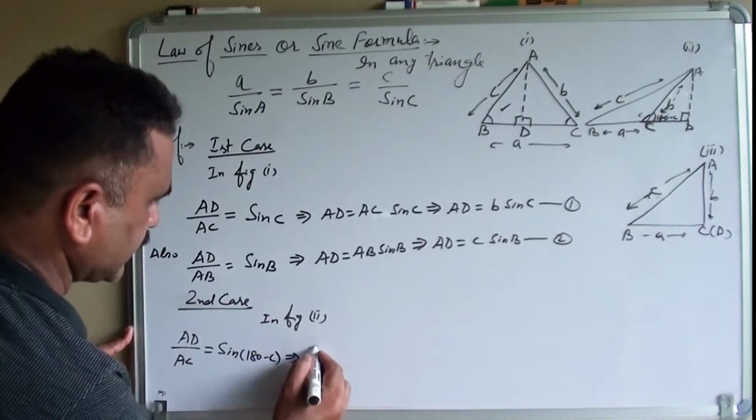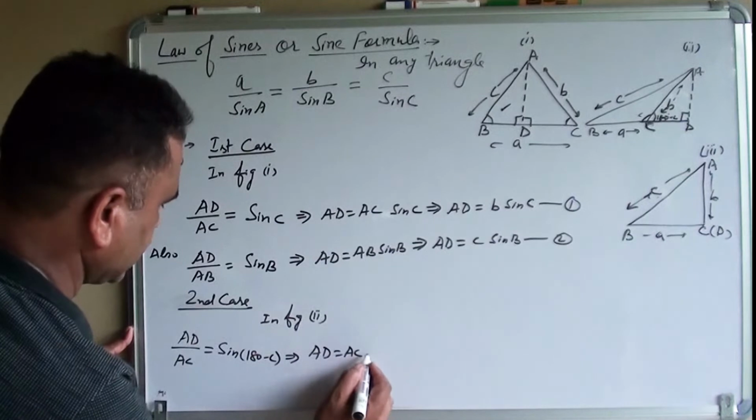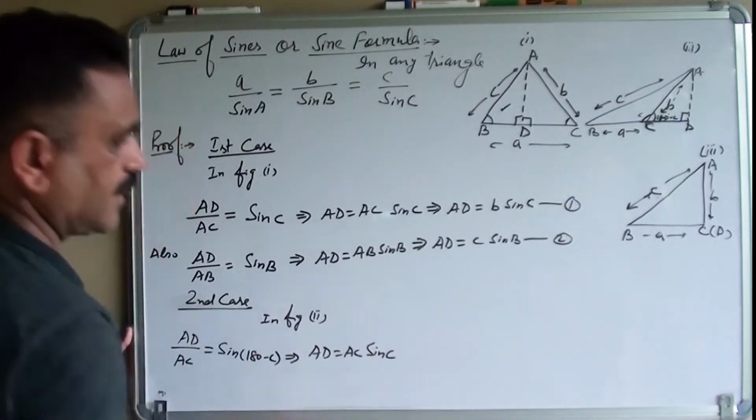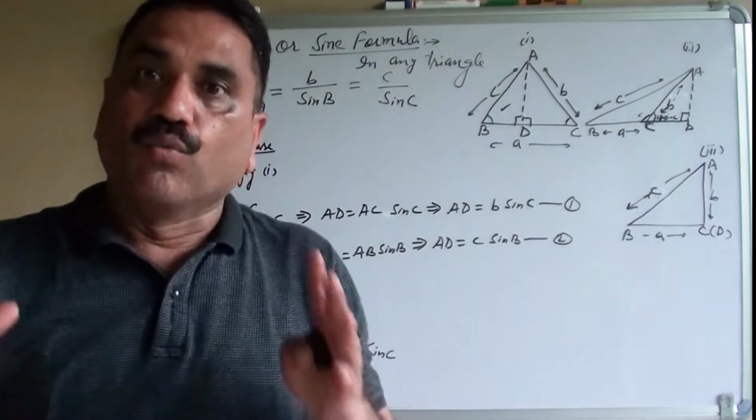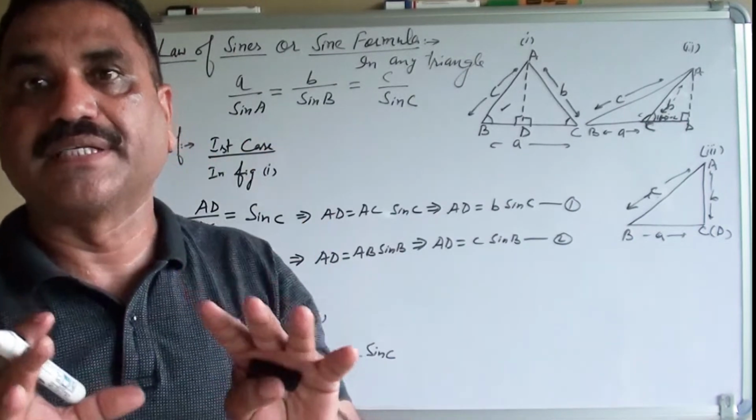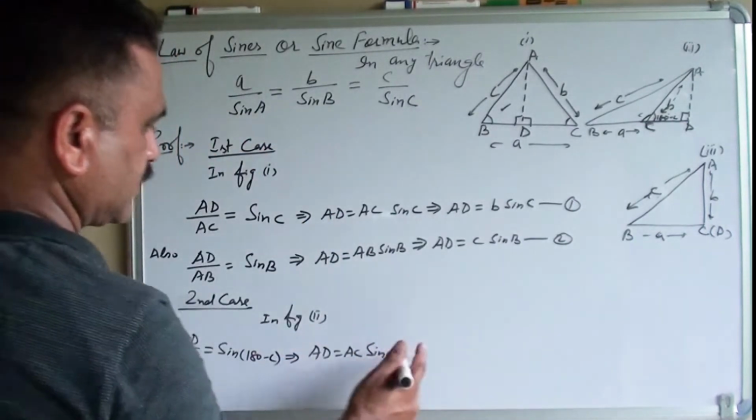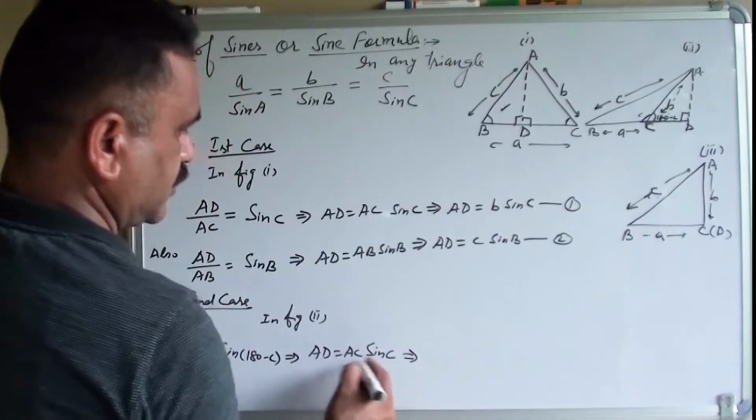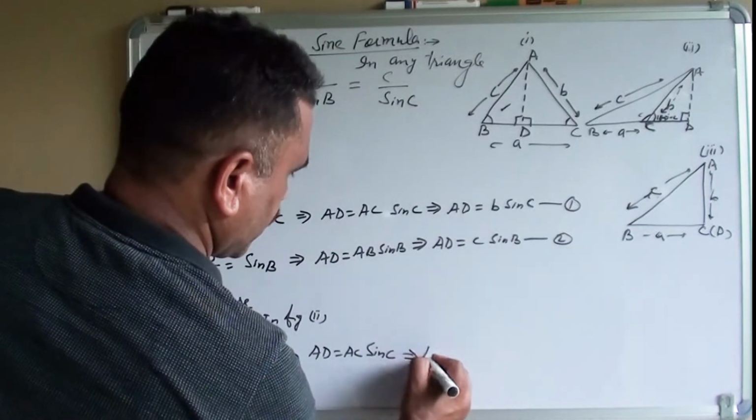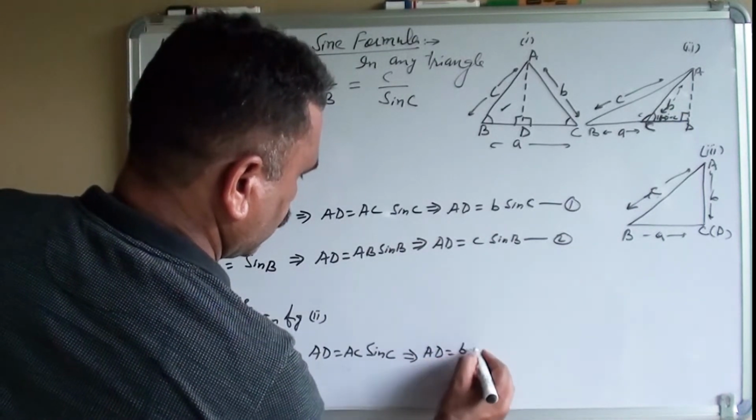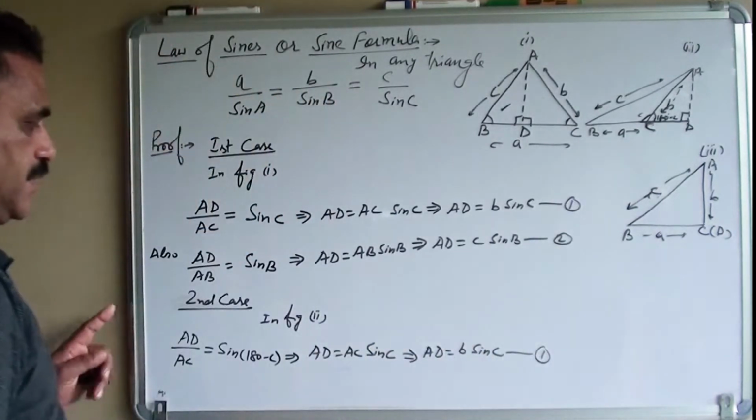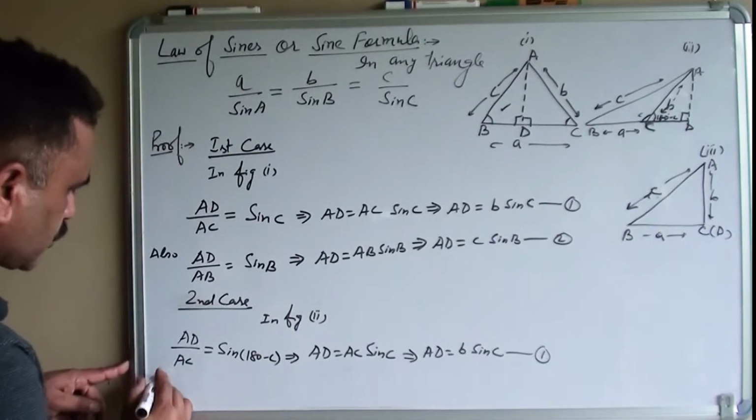So this implies AD is equal to AC sine of 180 minus theta, that is sine theta. So sine C, and obviously 180 minus any angle will lie in the second quadrant, and in the second quadrant sine is positive. So because of this, AD is equal to AC sine C. What is the value of AC? The length of AC is b. So AD is equal to b sine C. Again, equation 1. In the second case also,